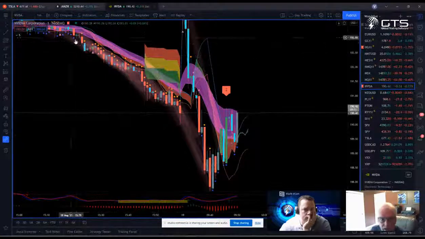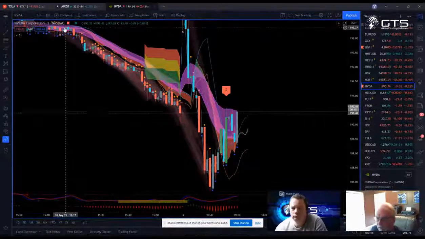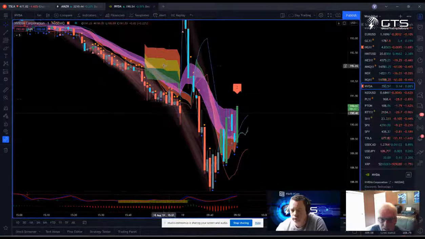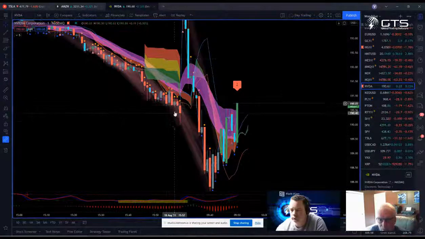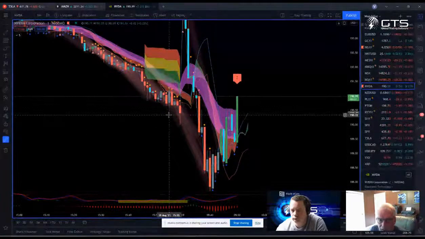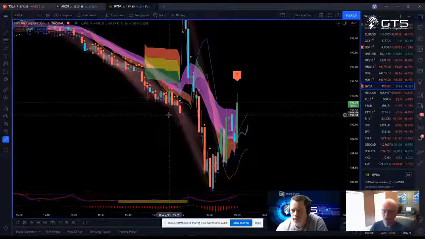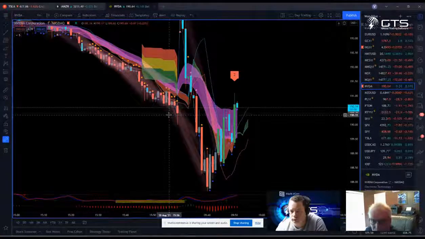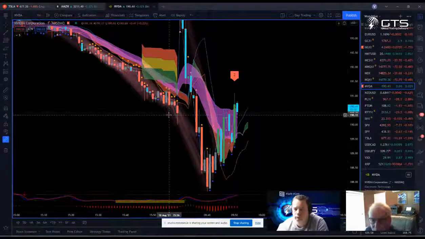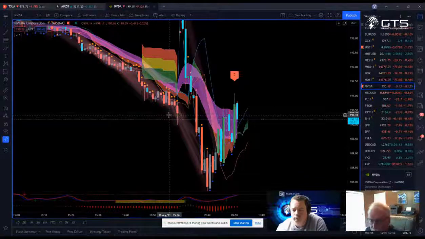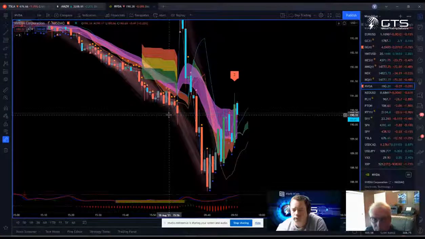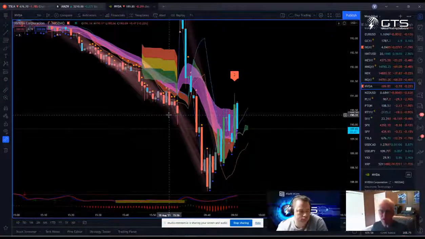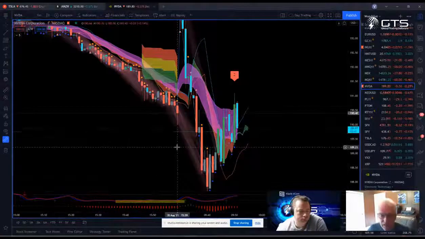So if the wave 3 had resulted in, let's say, a $20 move, the wave 5 is not going to exceed that. Depending where the wave 4 is and the wave 5 chart is there, that will come into play too. It's not a rock solid one, but I will pay attention to the length of the wave 3, and when the wave 4 is developed, I will subtract or add, depending which direction the trade's going, the amount that wave 3 would have been, and know that wave 5, if it's going to remain a wave 5, won't be any longer than that. So I will look at some things like that.